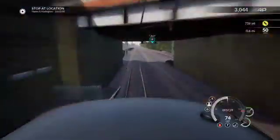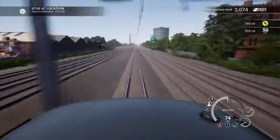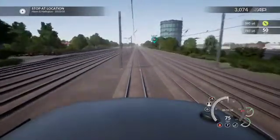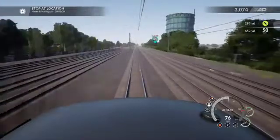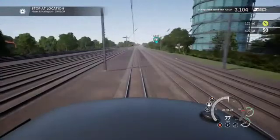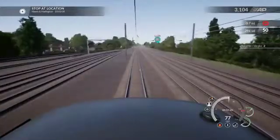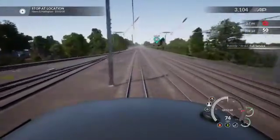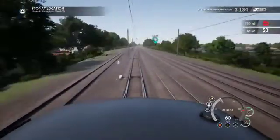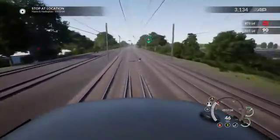Only 1.8 miles now left to run till Hayes and Harlington, so not too much further now. We're now certainly heading towards outer London now. You know, we're probably just about out of London, going over the M25 orbital. Not too sure where that actually starts, but I don't really know where you'd actually class. So, right, red signal in about 0.7 miles, so you're going to have to let it down now, 100%, because obviously given there's a red signal, you know,